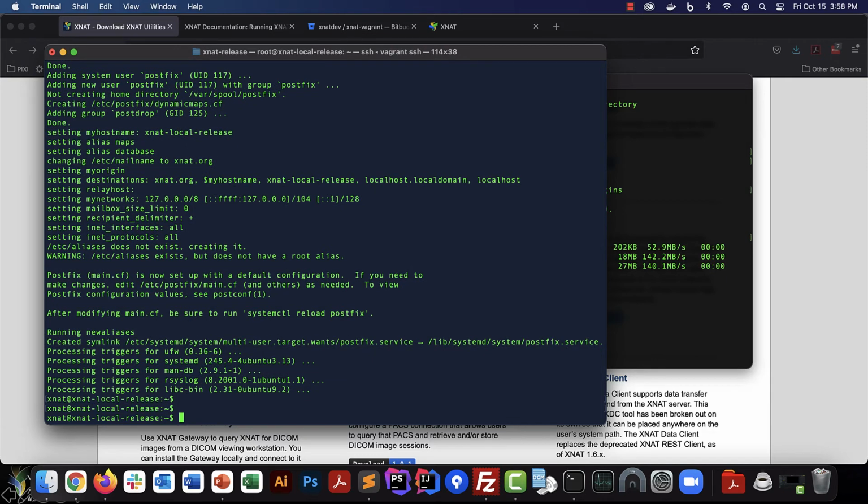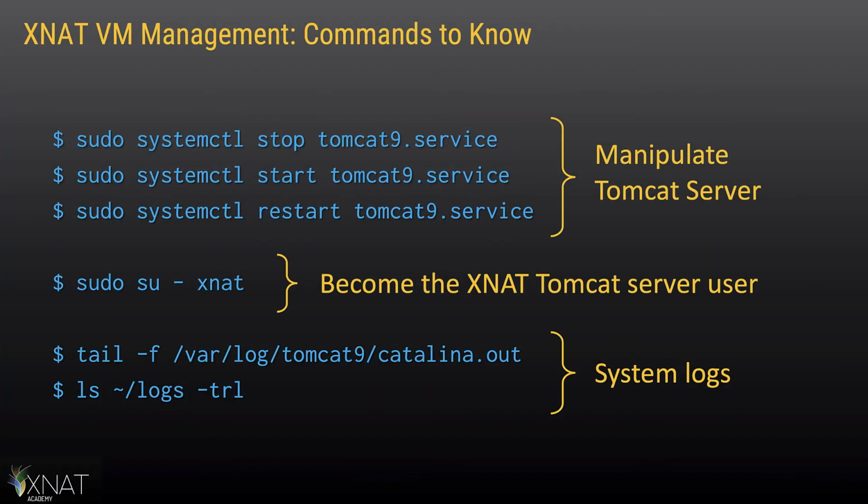So the last thing to do to get our plugins activated is to restart Tomcat. Restarting Tomcat requires some knowledge of the commands required to manage your local VM. So we've got these 3 up here that are very useful for stopping, starting, and restarting your Tomcat server.